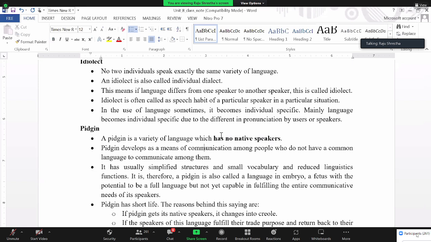So this is a trade language, link language, auxiliary language, lingua franca we said, and we also said all lingua francas are pidgin, but all pidgins are not. के भन्यो हामीले